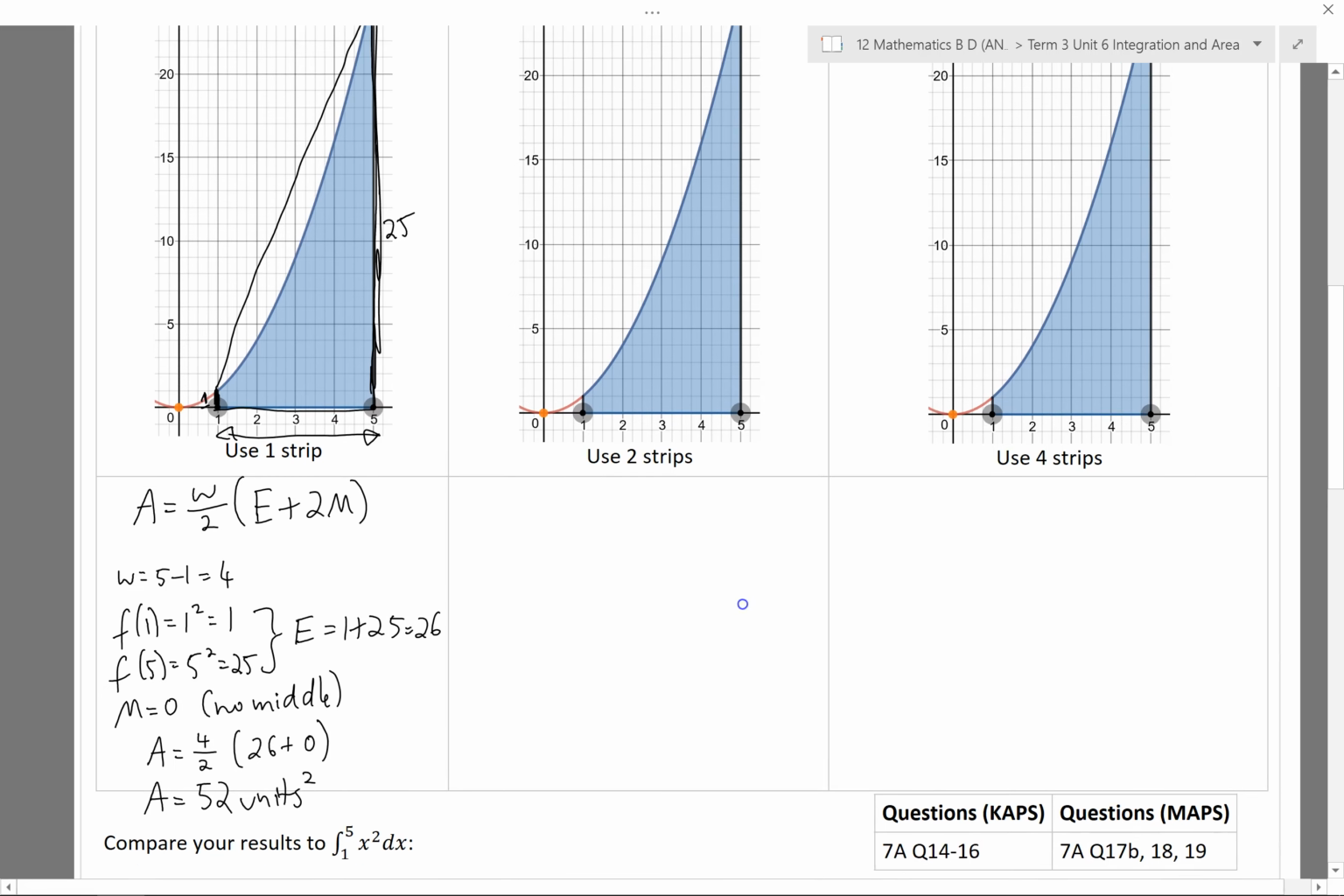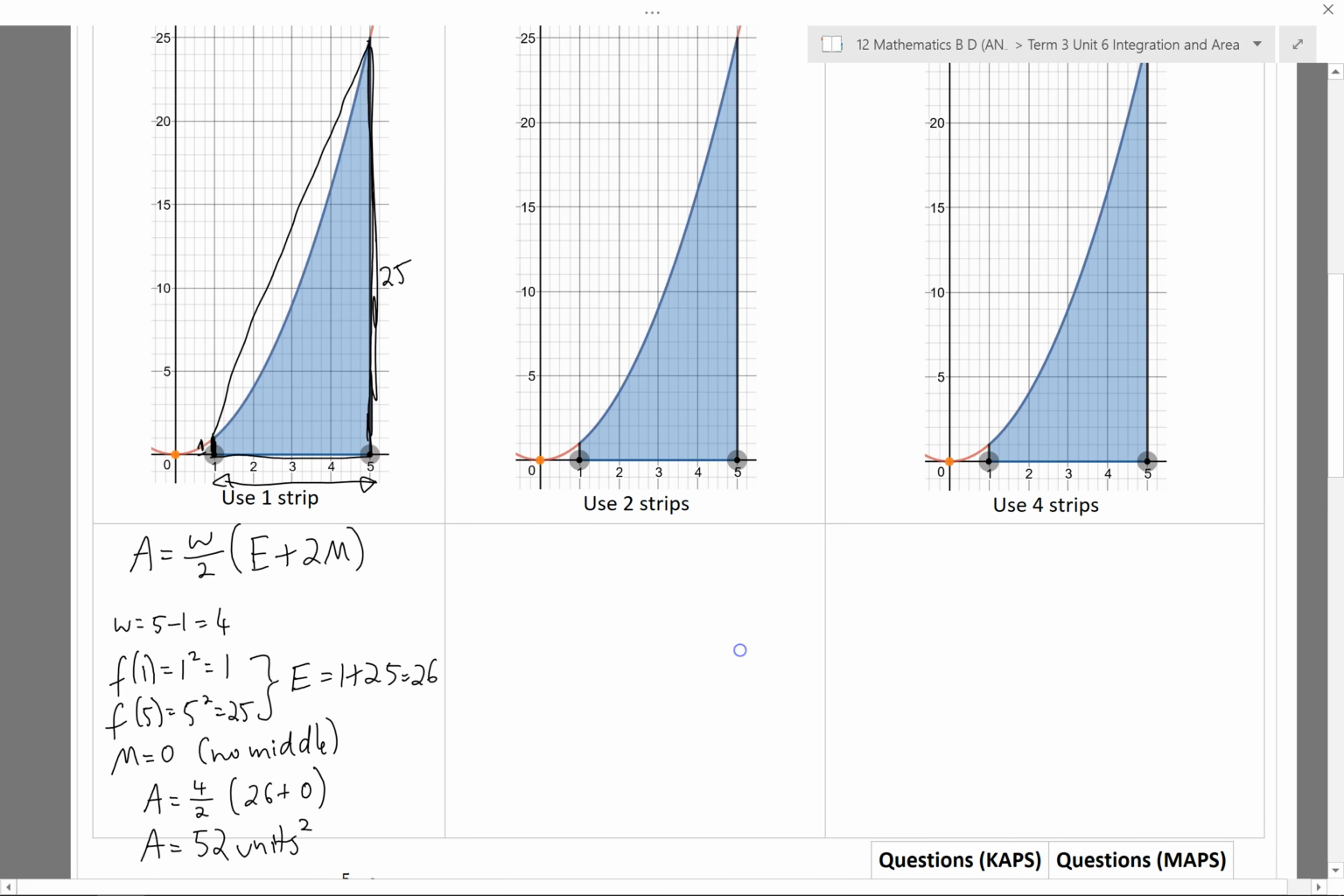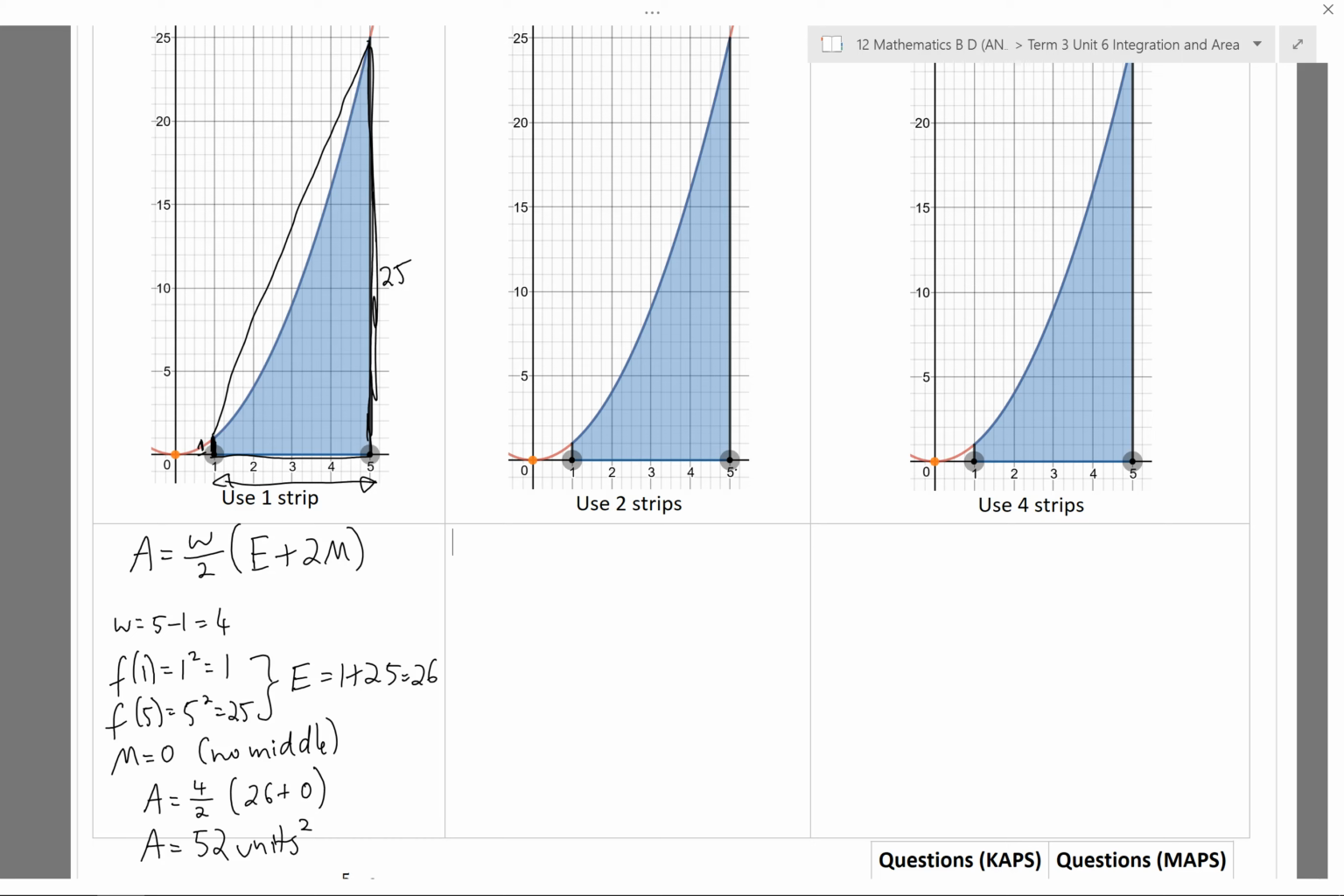So that was one strip. Just by looking at the graph, we can probably see that's overestimating because we've got this big section in the middle that we've calculated the area of that's not actually under the curve. So we'll try and improve on this and use 2 strips,